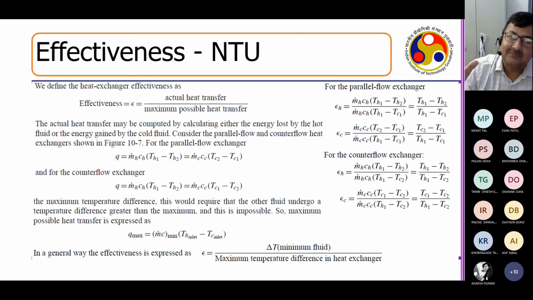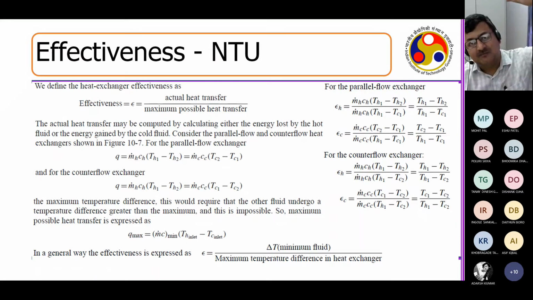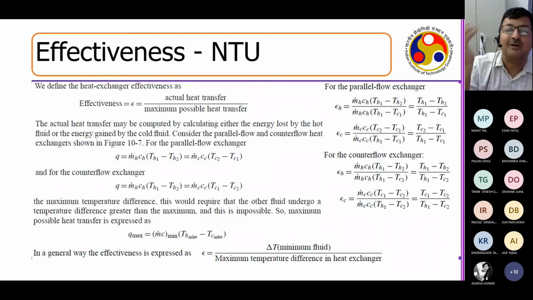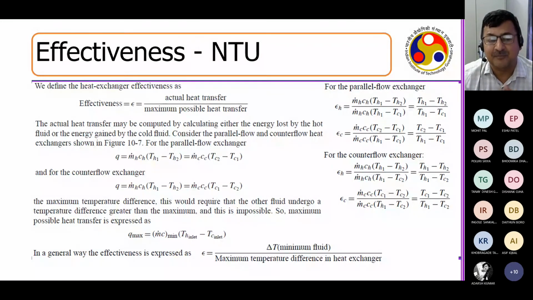Now, if in the same setup I add 2 pipes, 3 pipes, 4 pipes, 5 pipes, I can make use of the same water in order to cool down a larger amount of fluid. So what am I doing here? I'm basically increasing the effectiveness of the whole process. Of course, the maximum potential of 1-to-1 I could not achieve, but just by adding more tubes into it, I'm increasing the effectiveness.